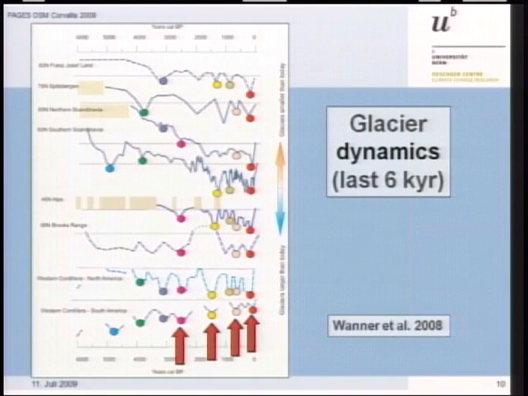Let us first start with a series of glacier advances. It's just a figure taken together within IPCC, mainly organized by Olga Solomina. And what you see here is over the last 6,000 years, advances in these directions and the retreats of some large glaciers in the world, just from the far north, from the Arctic area to the southern hemisphere. And we don't have many long time series in the southern hemisphere, and I think that's also an issue we have to work on in the future.